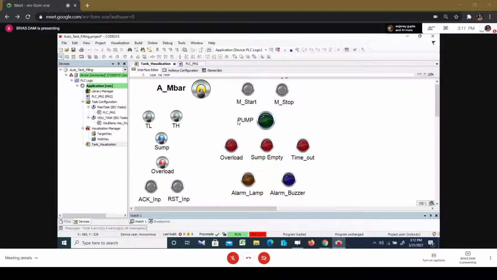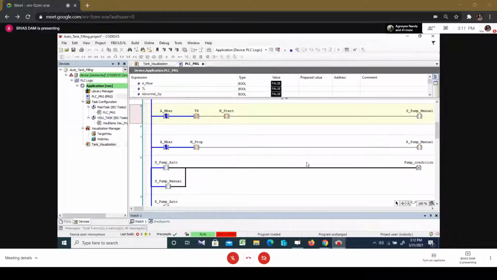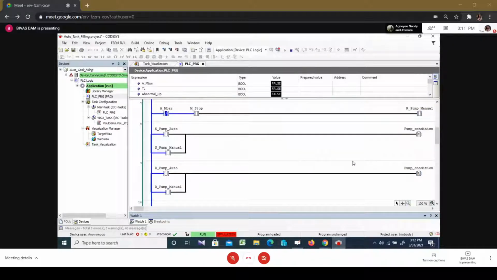আচ্ছা এখানে আমি একটা জাস্ট করেছি, এটা হয়তো তোমাদের কাজেও লাগতে পারে। সেটা হচ্ছে আমি কিন্তু ওই সেট রিসেট কয়েলটা ডাইরেক্টলি পাম্পে পাঠাইনি। আমি সেট রিসেট কয়েলটা ইউজ করেছি ফর ফাইন্ডিং আউট হোয়াট শুড বি দ্য পাম্প কন্ডিশন. That means the requirement for whether the pump should be started or not.